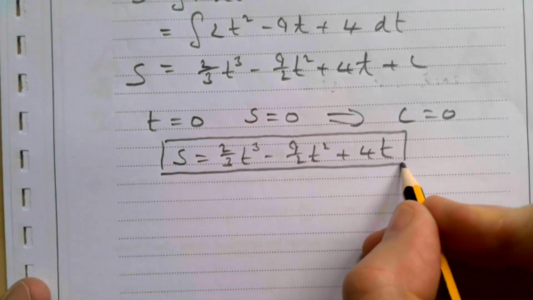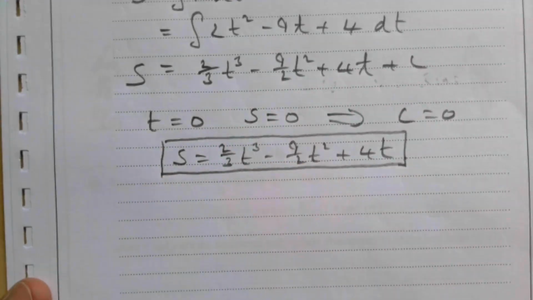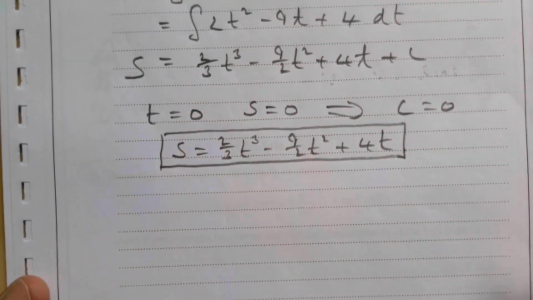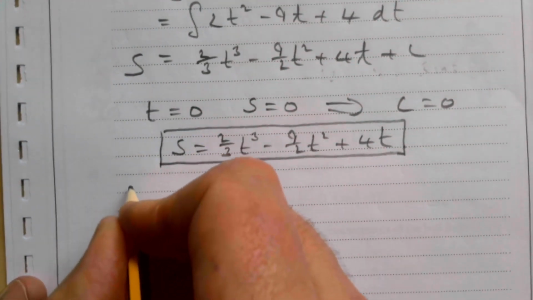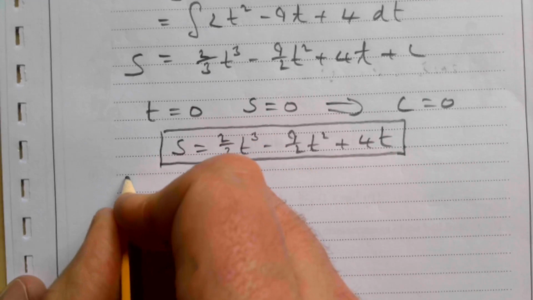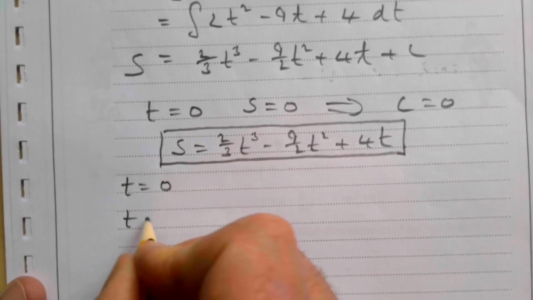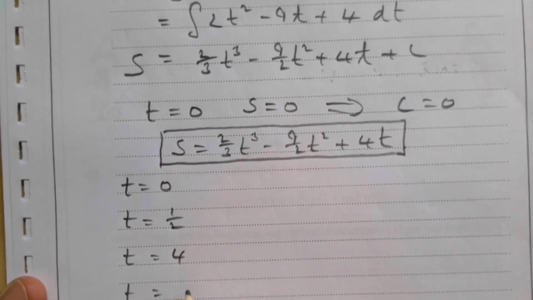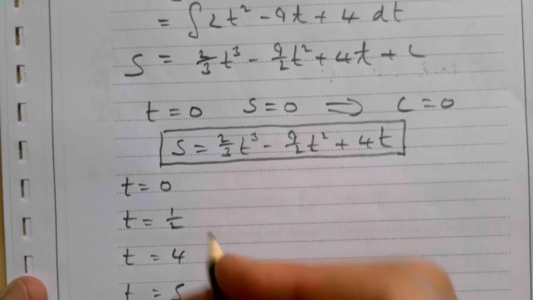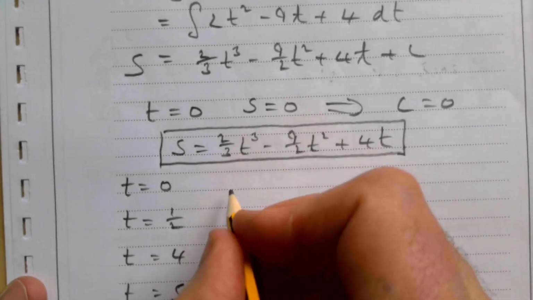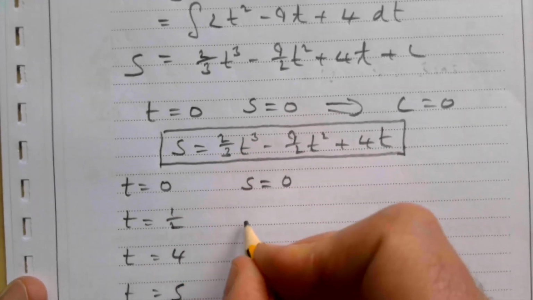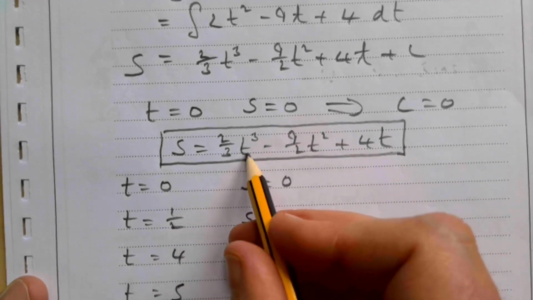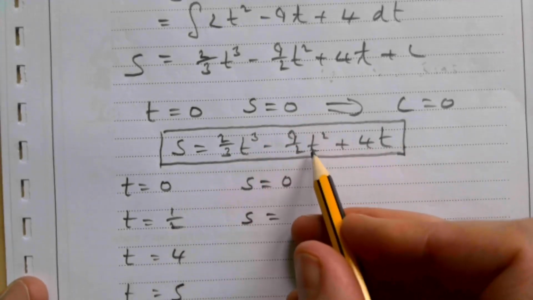We want to know in the first 5 seconds, and so things kind of change around then after half a second and after 4 seconds, so we need to work those out. So we want to work out where this particle is whenever t is 0, whenever t is a half, whenever t is 4, and whenever t is 5. Whenever t is 0, that's easy, sub in 0 in there, we're going to get s equals 0. I'm not going to do this bit for you, but hopefully it'll make sense. We're going to sub in a half instead of t to work out where it is, and we